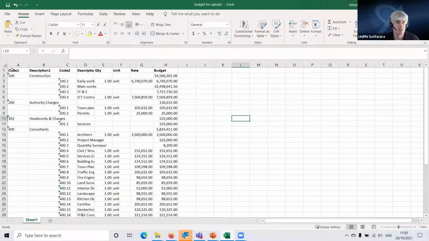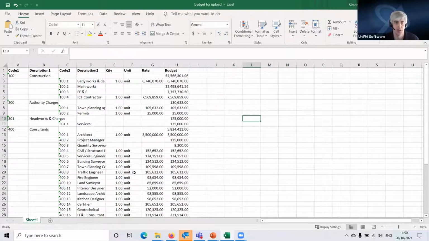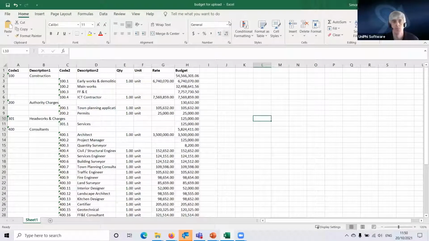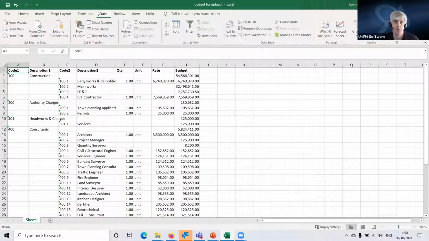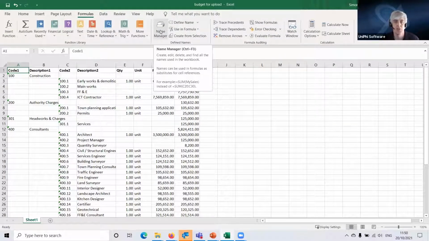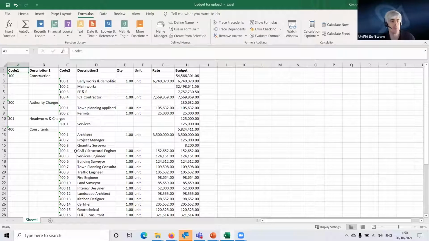And as you can see, this has got the same codes that we've got in the same structure. The other thing it's got too, if you're familiar with this in Excel, is a named range. So you can create, if you've got existing budgets that you want to upload into Unify,